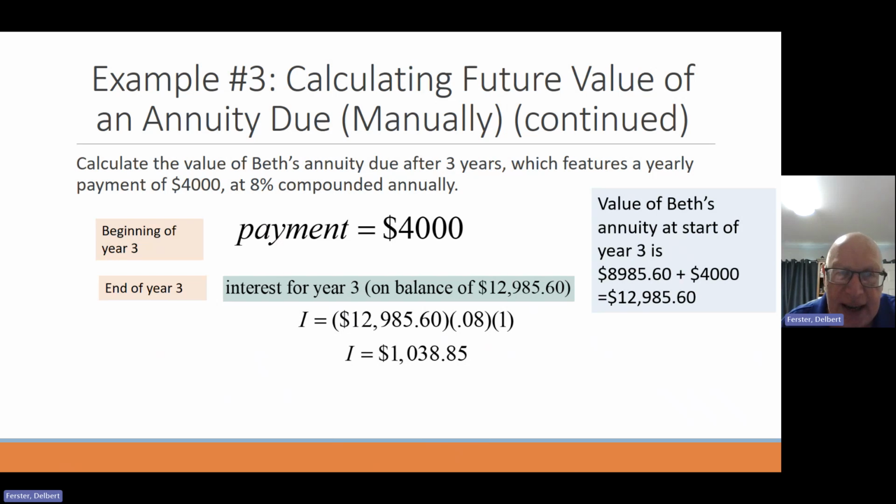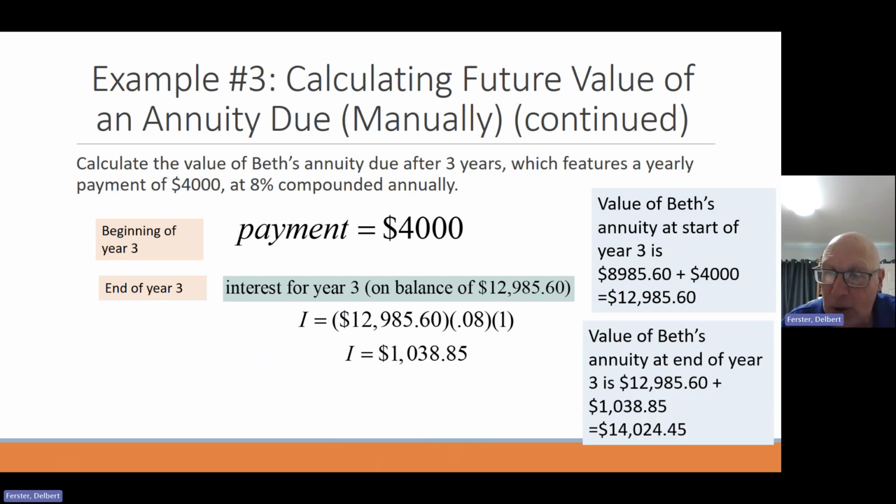$1,038.85. So we've reached the end of year three, which is what we were asked to consider. We've calculated the value of her annuity at the end of 3 years. We started year three with a balance of $12,985.60. For that third and final year, she earns interest of $1,038.85. So the value of Beth's annuity at the end of year three is the sum of those two values,